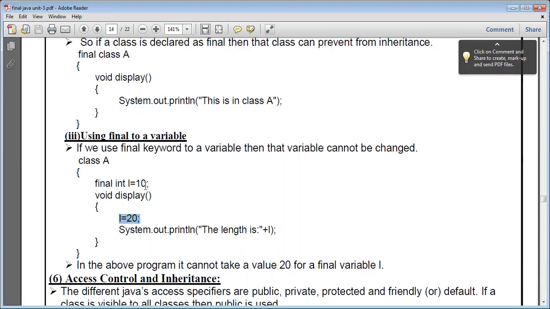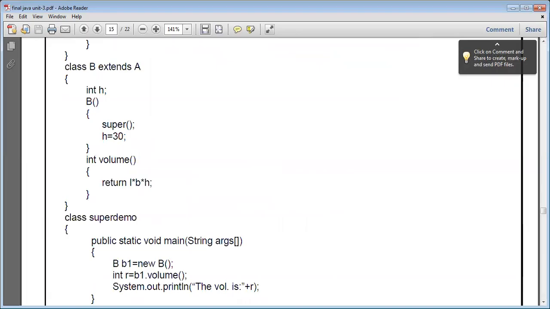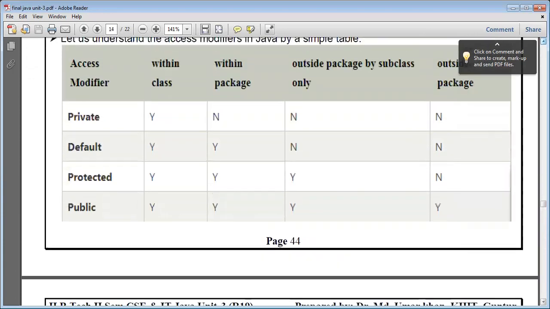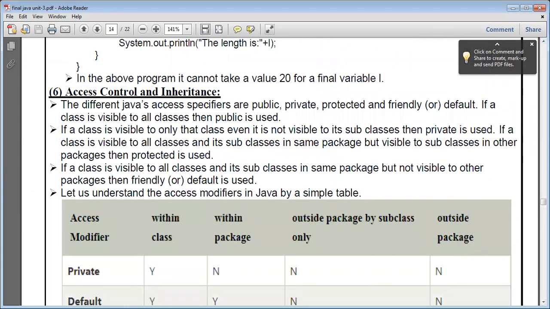Always it is L equal to 10 only. Then next, access control. The different Java access specifiers are: in access control and its inheritance, you can specify different specifiers: public, private, protected, and friendly or